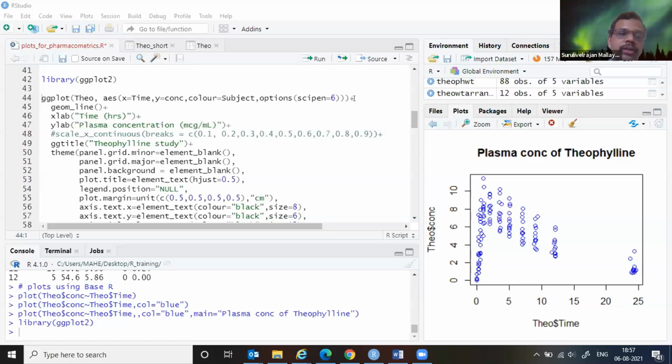This is how an artist draws a canvas. Okay, nothing to do with our pharmacometrics, but that's how, layer by layer, they will add the information. Finally, you get to see the beautiful Mona Lisa drawing, something like that. So here also we can start